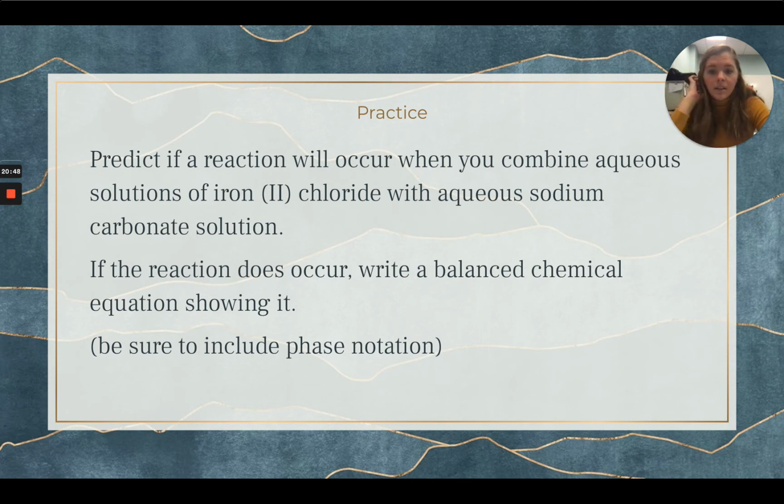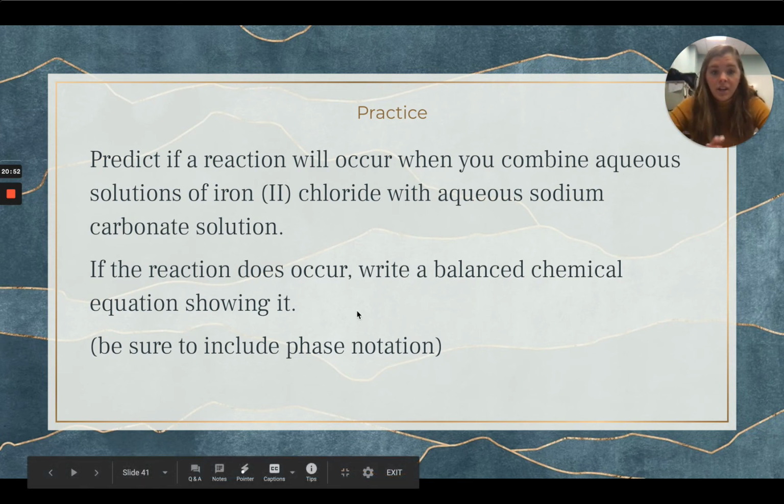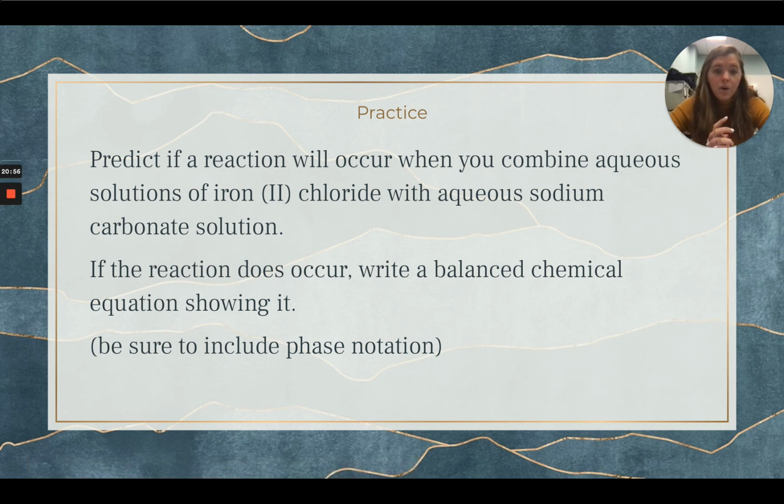So let's do some practice here. You're going to be predicting the reaction that occurs when you combine aqueous solutions of iron 2 chloride with aqueous sodium carbonate. Again, if the reaction occurs, write a balanced chemical equation showing it, and make sure you're showing your phase notation. So if you need, make sure you pull out that solubility